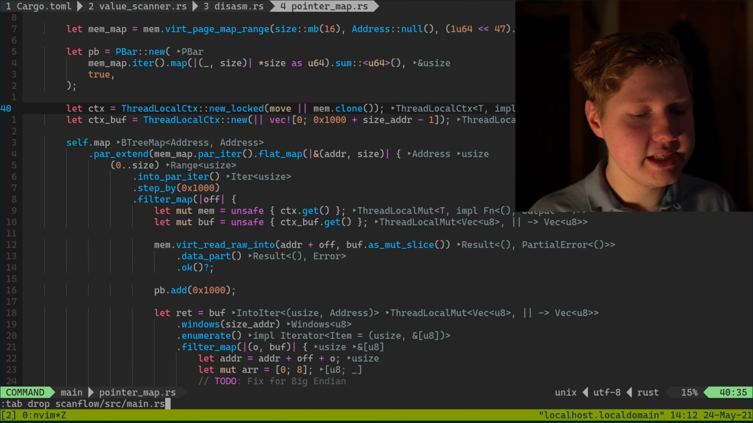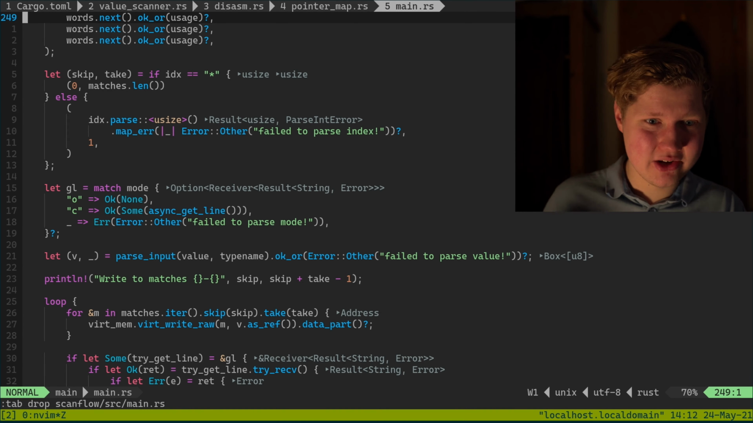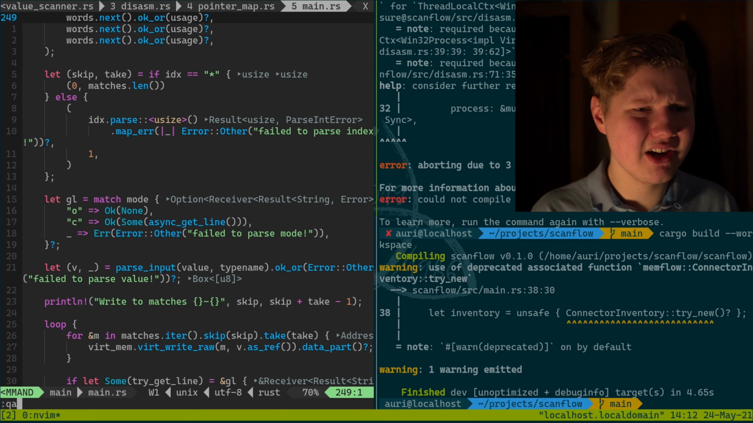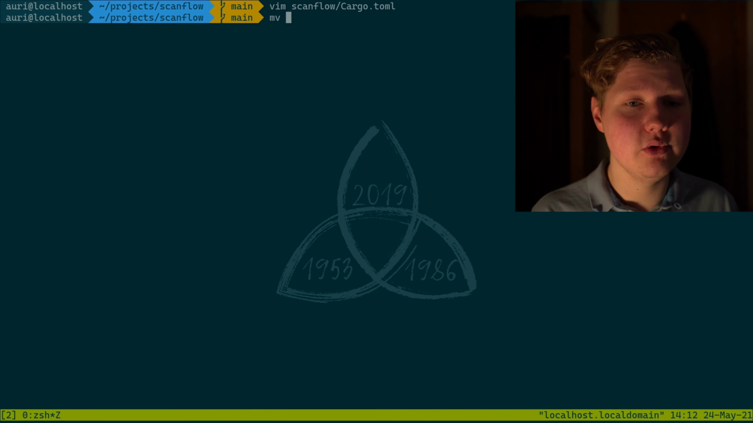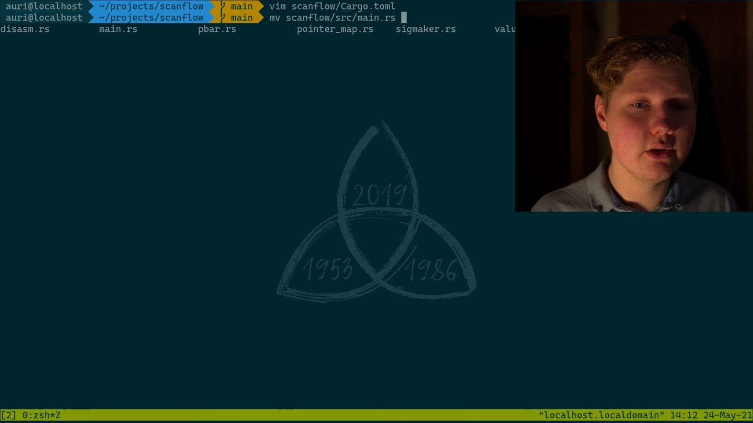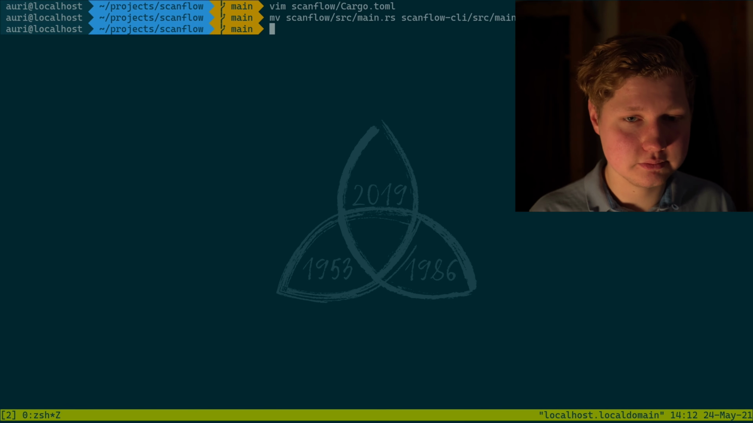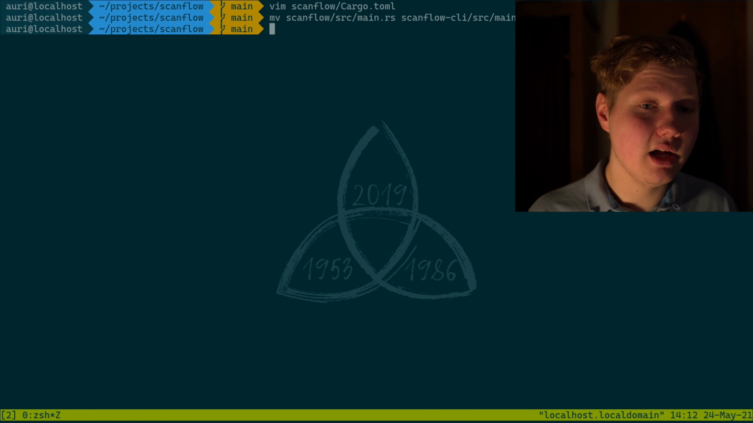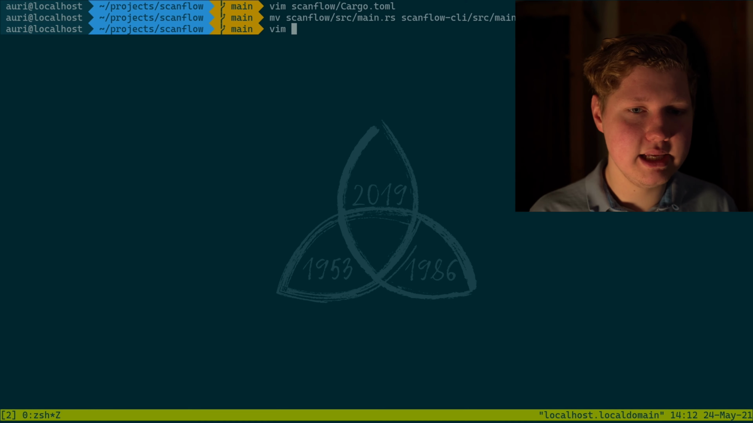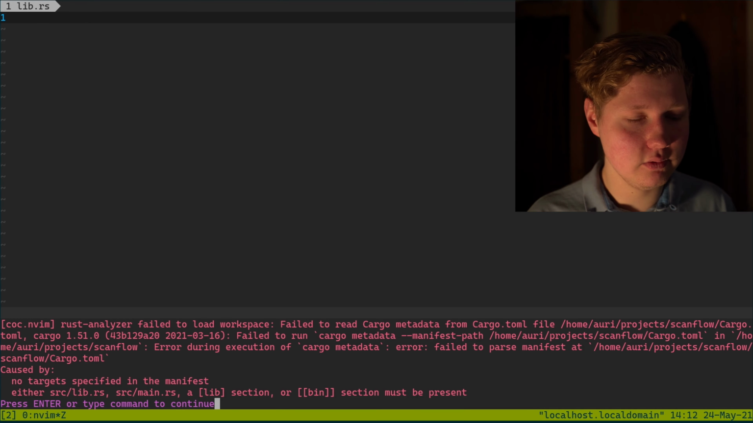and move this main into the CLI crate. So what we're going to do, we're gonna quit this. We're going to just move scanflow source main, and we're going to move it to scanflow-cli source main. And we need to do another thing, and that is define a library for our scanflows. It will be scanflow source lib.rs, and it will be